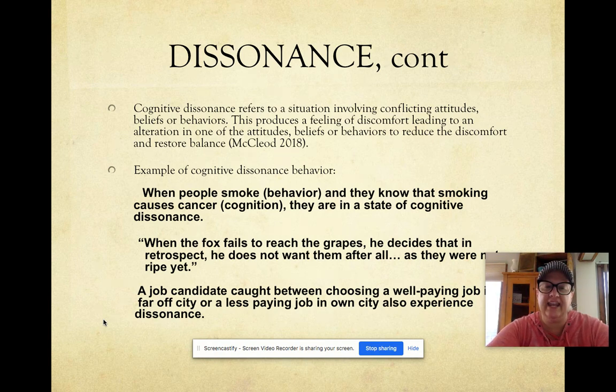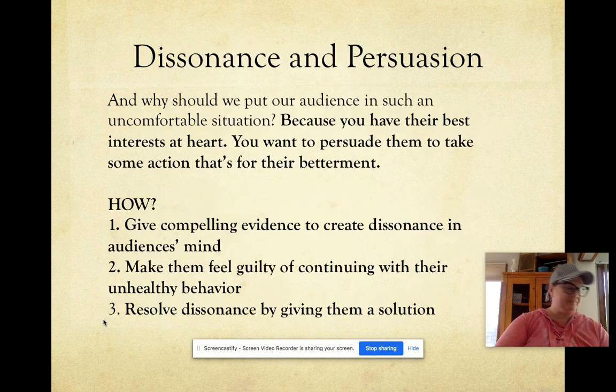A job candidate is caught between choosing a well-paying job in a far-off city away from family and friends or a less-paying job in their own city, still close to their family and friends. That's dissonance, okay? So it's those uncomfortable feelings that you get, and that's important when we're talking about persuasion.